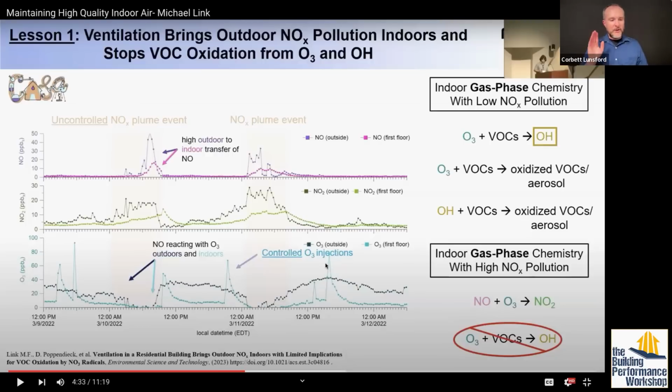Okay. So NO2 forms when you have ozone and NO, nitrogen oxide. And then it also forms from these things called peroxy radicals. I'm not a chemist, if you didn't know that, so I don't know what that is. But we've got these things being emitted outside. Now, real quick, what we're seeing here is that